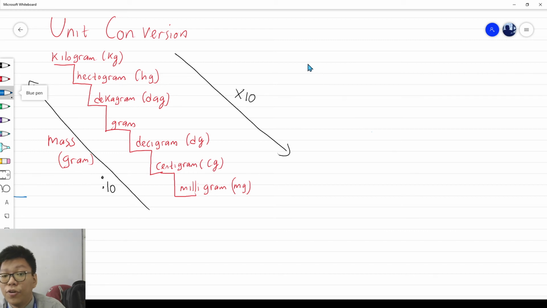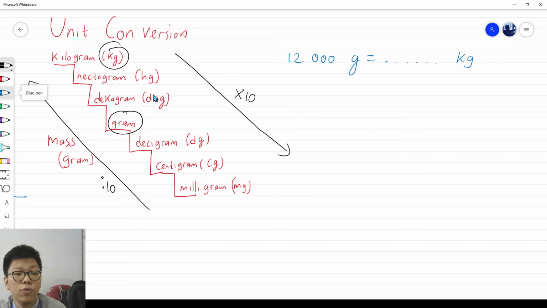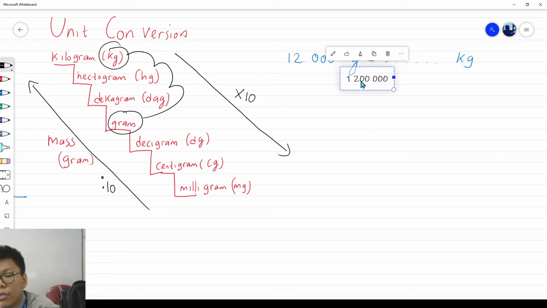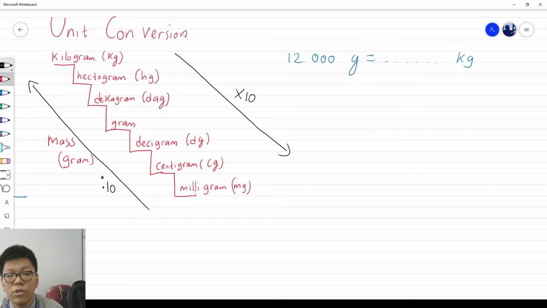So another example, if I want to go up, if I have 12,000 grams, I want to convert it into kilograms. Let's count it. So from grams, I want to rise to kilogram. It is going 1, 2, and 3. It's going up. What is 3? Thrice. Yeah, it is going up thrice. I want to erase this one. So it will be